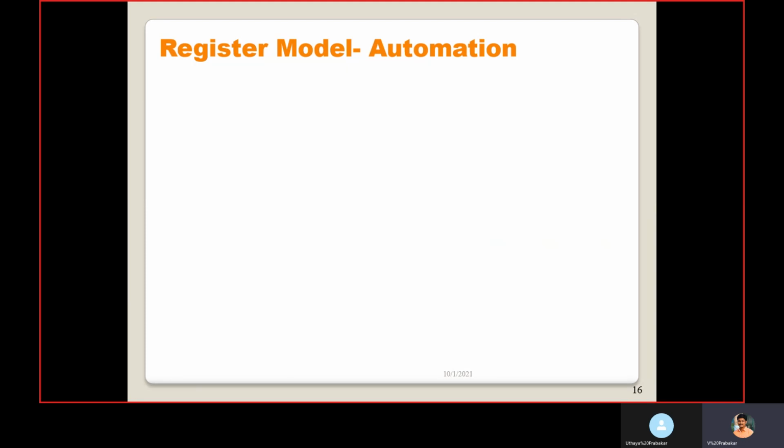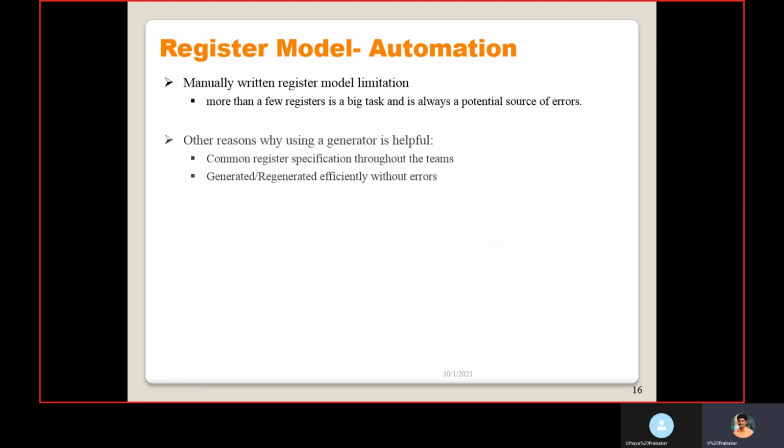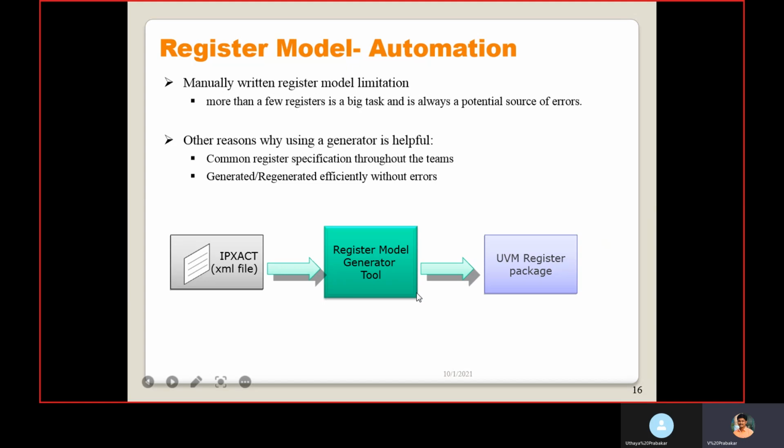Whatever I explained so far, we are creating by hand. This we can create with the help of a tool. If you pass the IP-XACT, that is an XML file, to the register model generator tool, it will automatically convert those details into the register model.